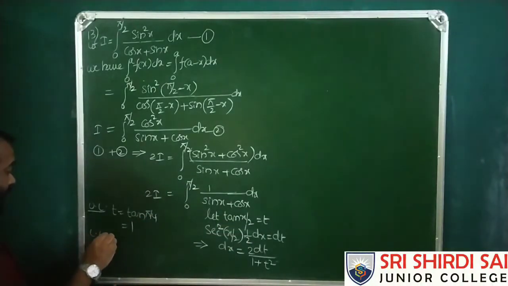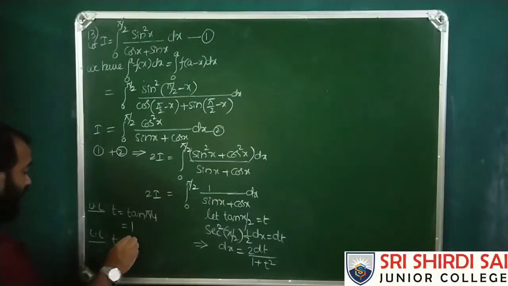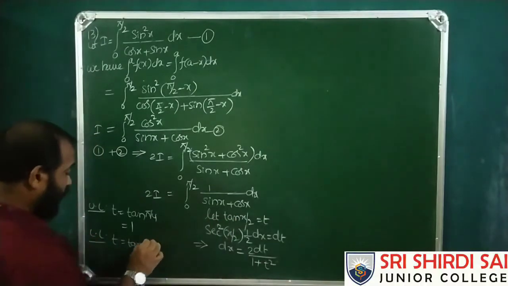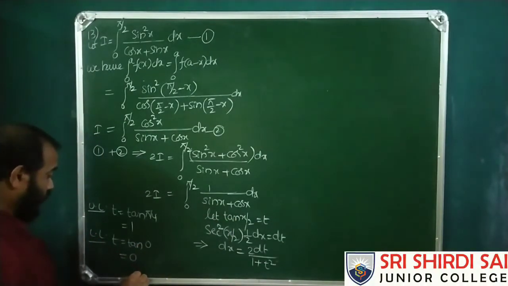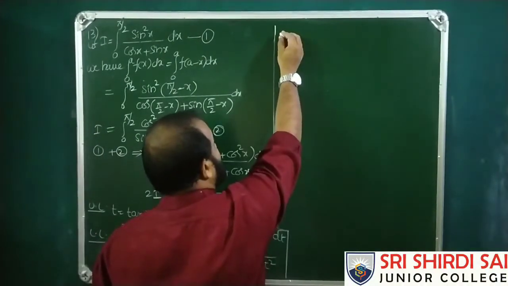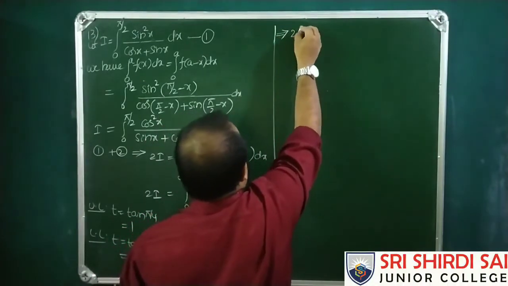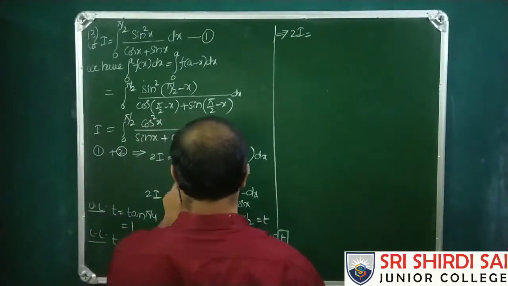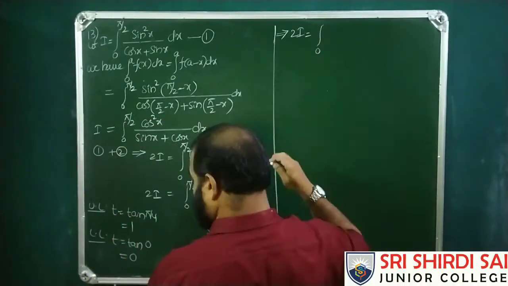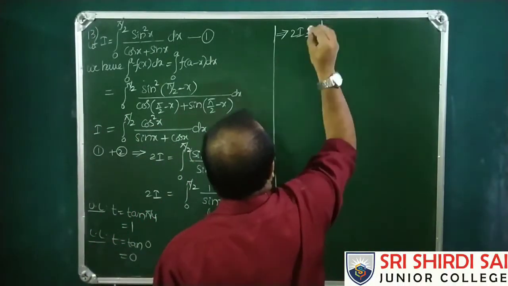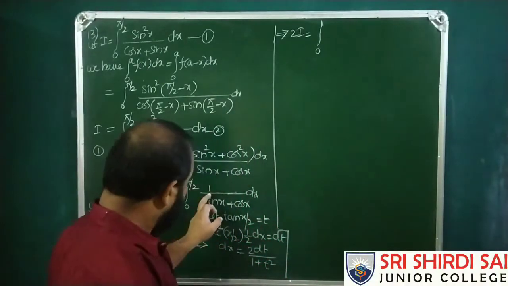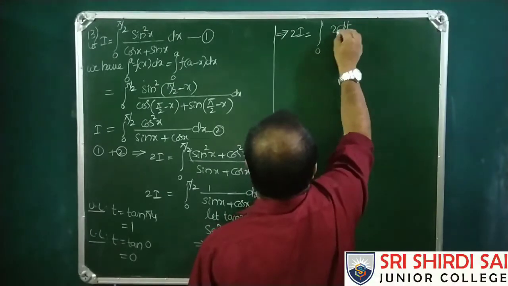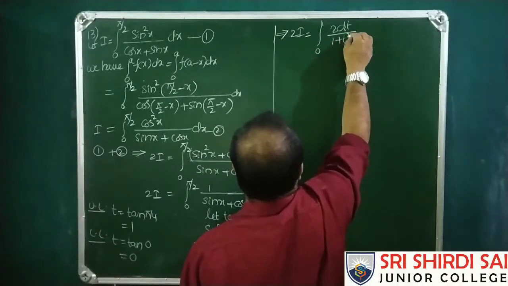Lower limit: t equals tan 0 by 2, so tan 0 is 0. So 2I equals integral 0 to 1, 1 into dx, and dx is 2 dt by 1 plus t square, by